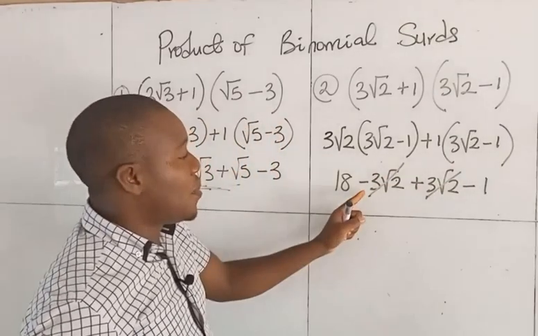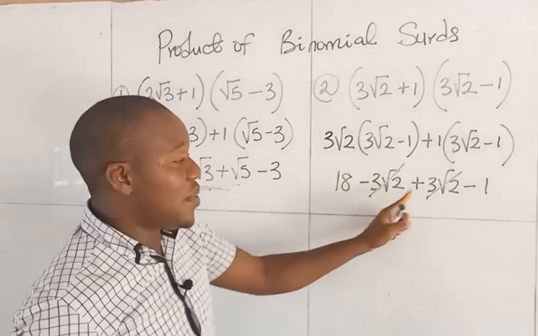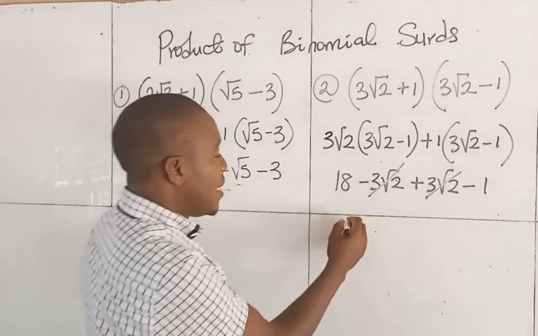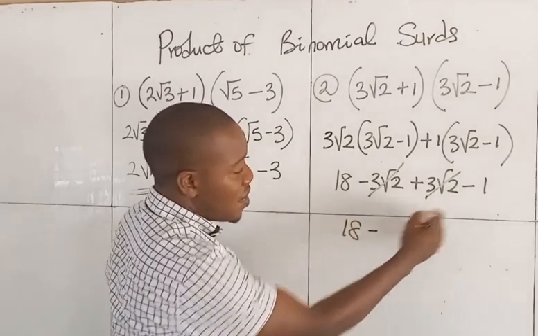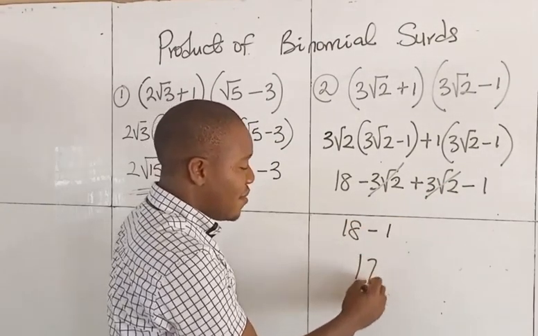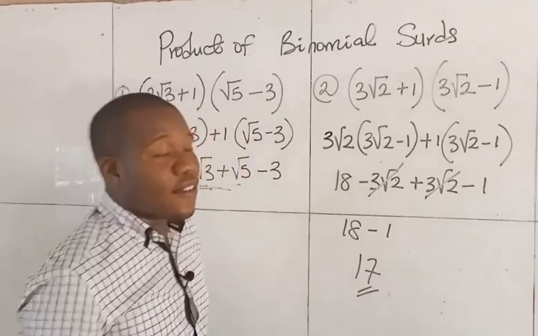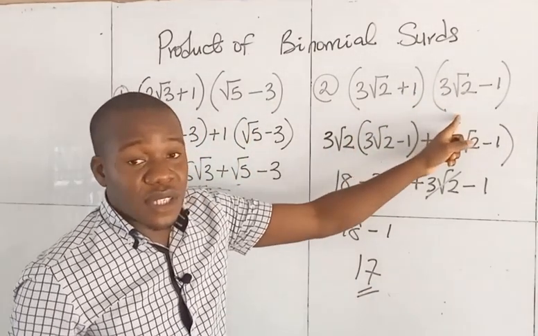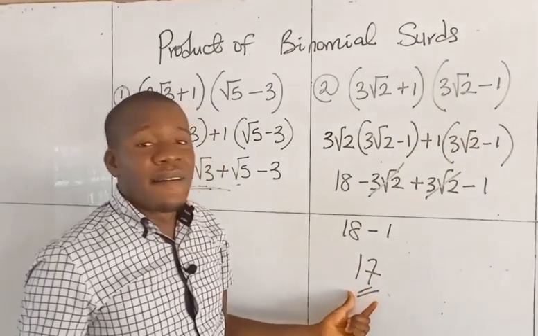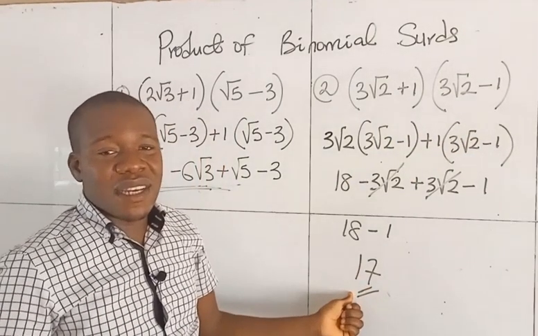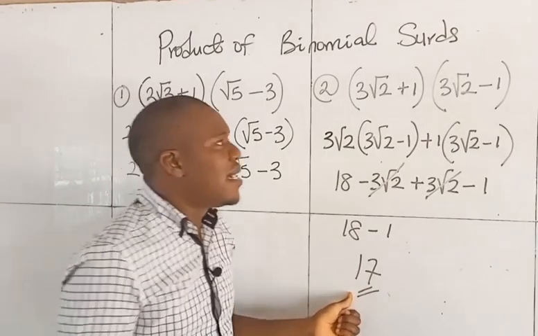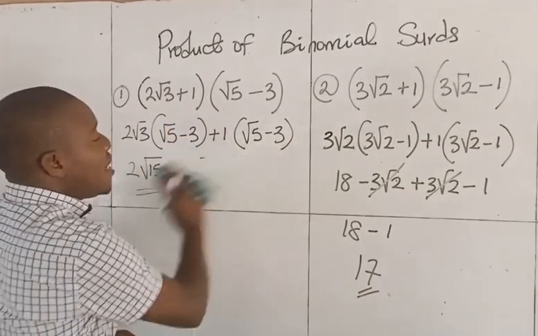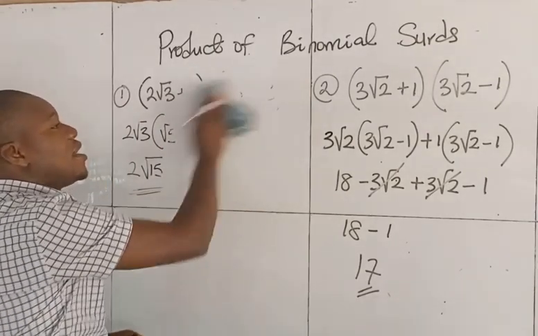Just like when you are owing this value and you added this value to it, they cancel themselves out. So we are left with 18 minus 1, and this is 17. Like I said before, these are conjugate surds, and anytime you multiply two conjugate surds together, your answer will not be a surd. Your answer will be a rational number. As simple as that. But I will show you an easier way we can do the second question without having